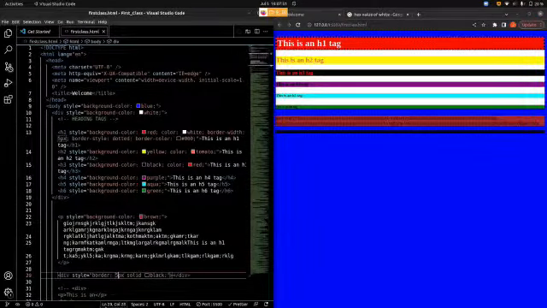If I reduce this thickness to 0, we are no longer going to see it on our screen. But let's change the thickness to 5. So now we can see the thickness on our screen. But this is not a box. Now to get a box, all we have to do is specify the height and the width of the div, of the element. Now if I give this 50 pixel and a width